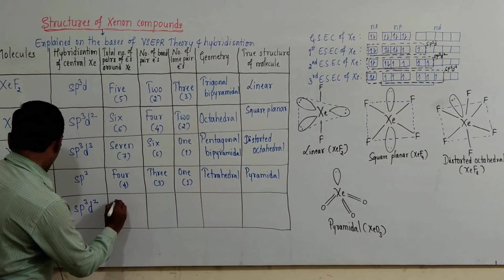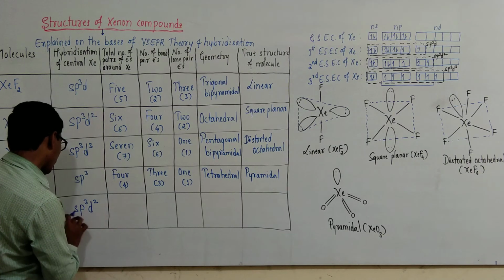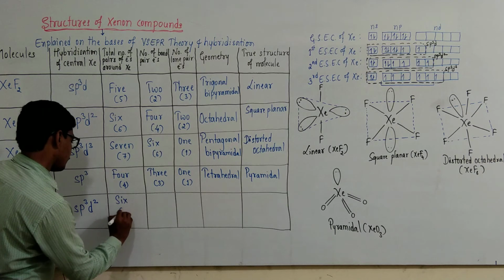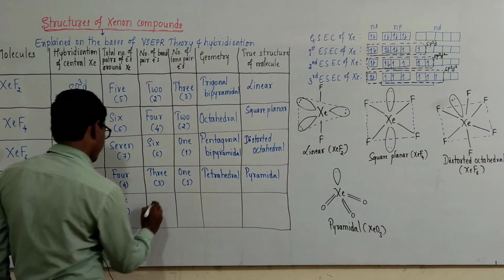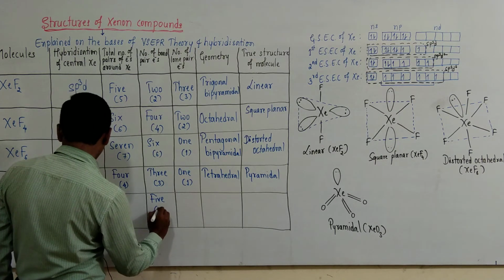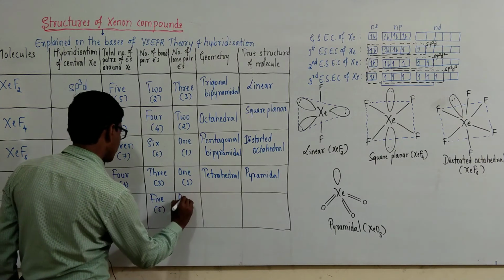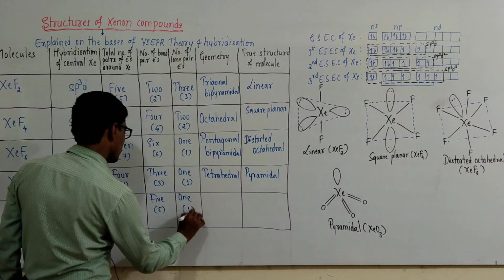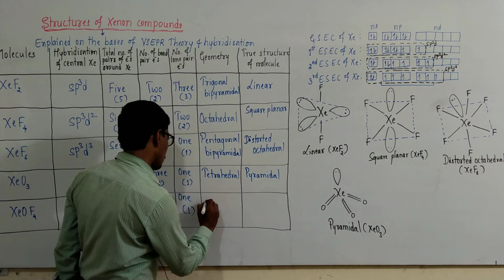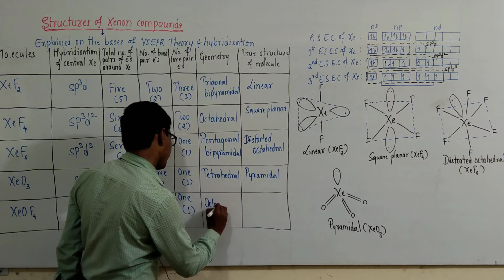And the total number of electron pairs is 6. In that, 5 are bond pairs and 1 is a lone pair. And for sp3d2 hybridization, the actual geometry is octahedral